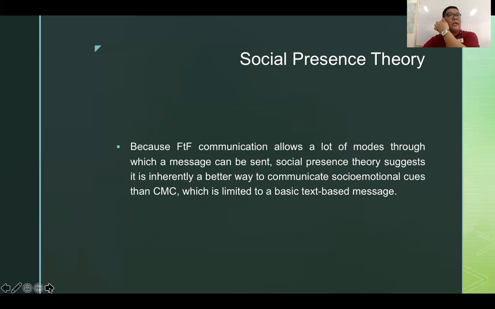So the social presence theory here also emphasizes that social presence is indeed important when communicating with someone. And if you communicate using computer-based platforms, it will be very difficult because these socio-emotional cues will be stripped away from the picture. Personal or face-to-face communication is much better compared to the basic text-based messaging that is being done in the context of computers. That is why social presence theory here advocates for the use of face-to-face communication so that there will really be an authentic communicative process happening between two individuals who are conversing with each other.